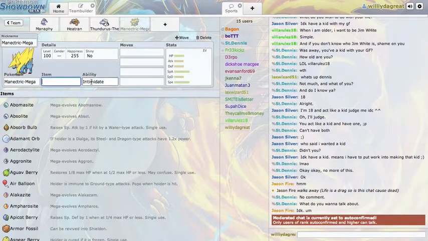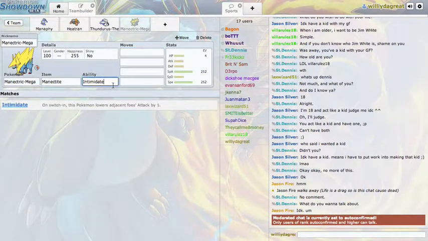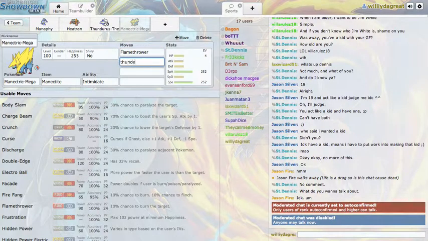Now, Mega Manectric has a special attack of 135 and a speed of 135, which is really good. And it has a nice ability of Intimidate. So if you have any of those stupid physical sweepers, you could use Intimidate. And I like to give mine Flamethrower, Thunderbolt,